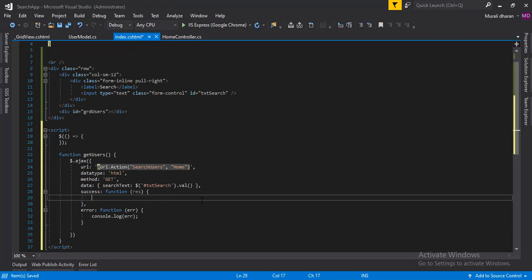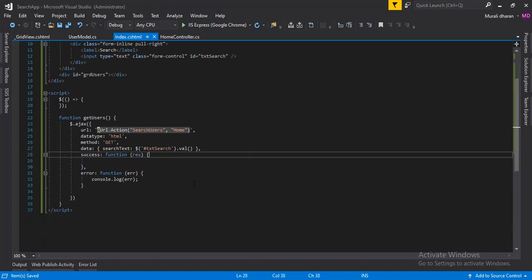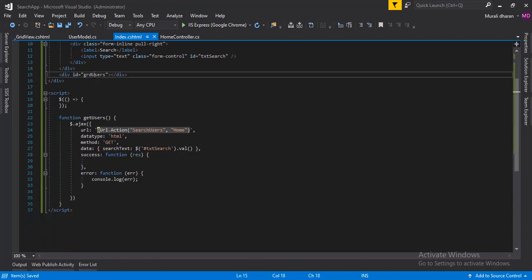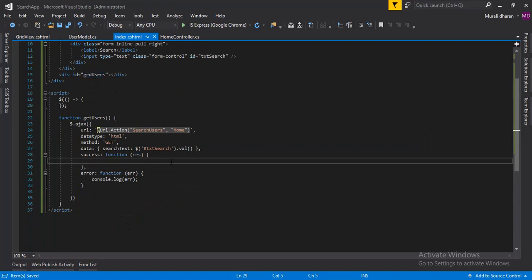Error. In the success, what I have to do, we're going to render this inside this div tag, the response inside the div tag. For that, we're going to take the id dot html